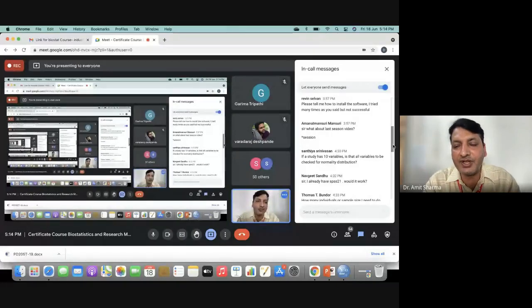Then the version number, either 25 or 26, which you have downloaded, and there you have to replace the IRSVRC file, the name of the file which I have given you yesterday. That file you have to replace. Before replacing the file, do not open the software. If the software has been installed once in your system, close it, restart your system, replace the file, then open the software. Otherwise, it will not work.